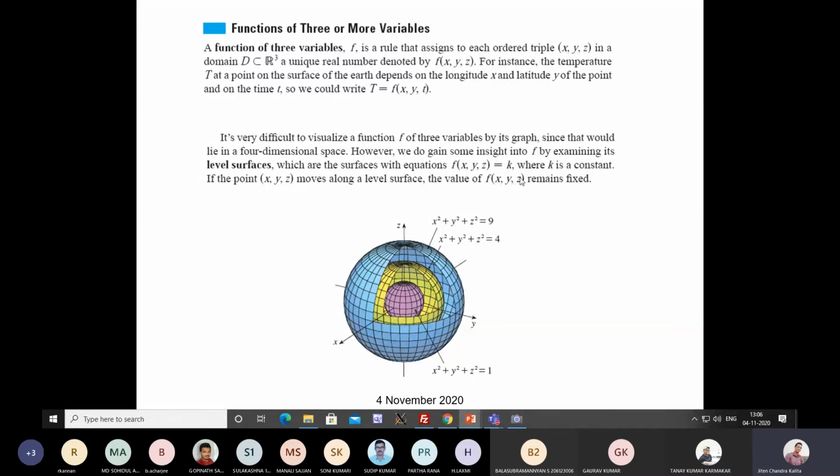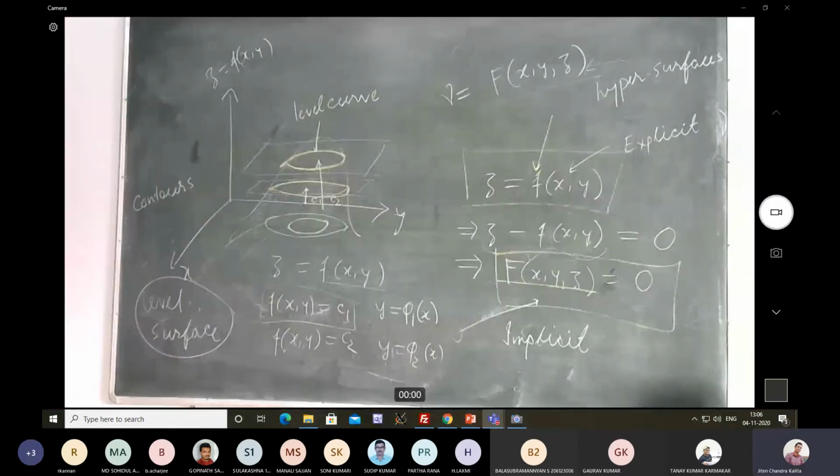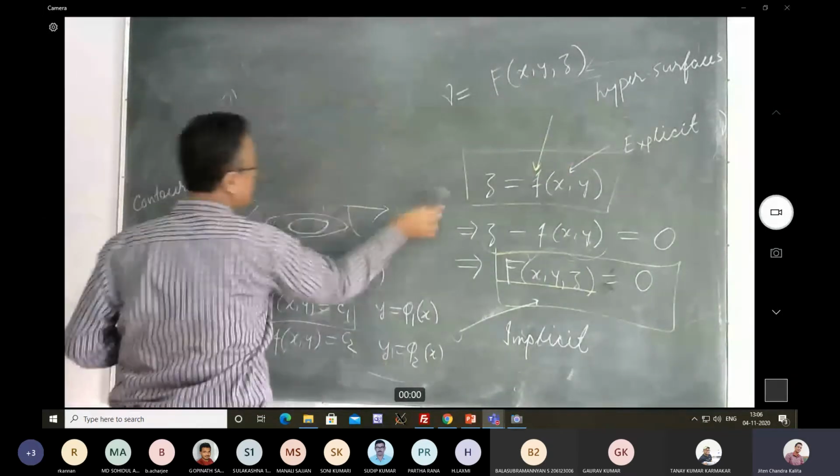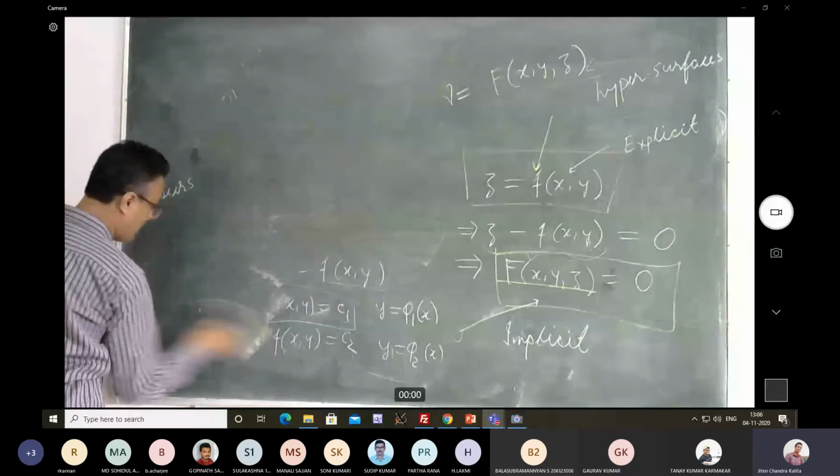Is it okay? Fine. So this is the concept of level surface. Okay. Fine. So now, because you already have an idea of level curve, level surface, so now let me get